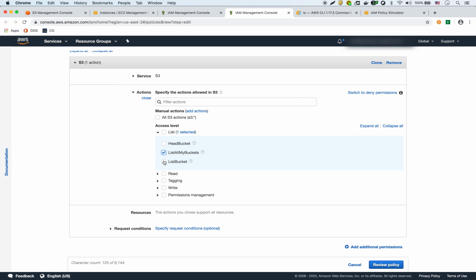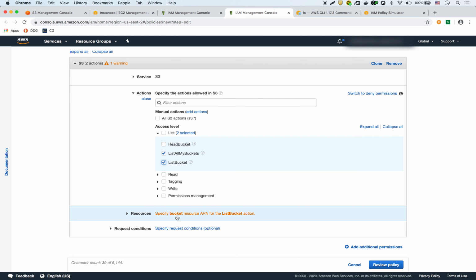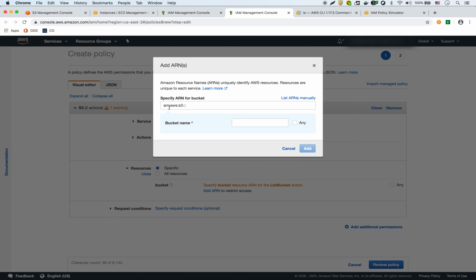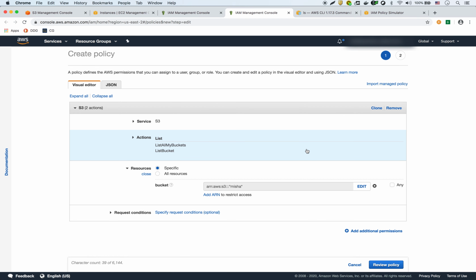So let's say list bucket, and now see how it says you have to have the ARN for that list bucket action. So we are going to add the ARN. Now it already pre-populates that with S3, and I can actually use wildcards here. So I'm going to say anything with my name in it, and it could be anywhere in the bucket name. That should be okay to list the objects in that bucket. So now we have list all the buckets, list the objects in any bucket that has my name on it,